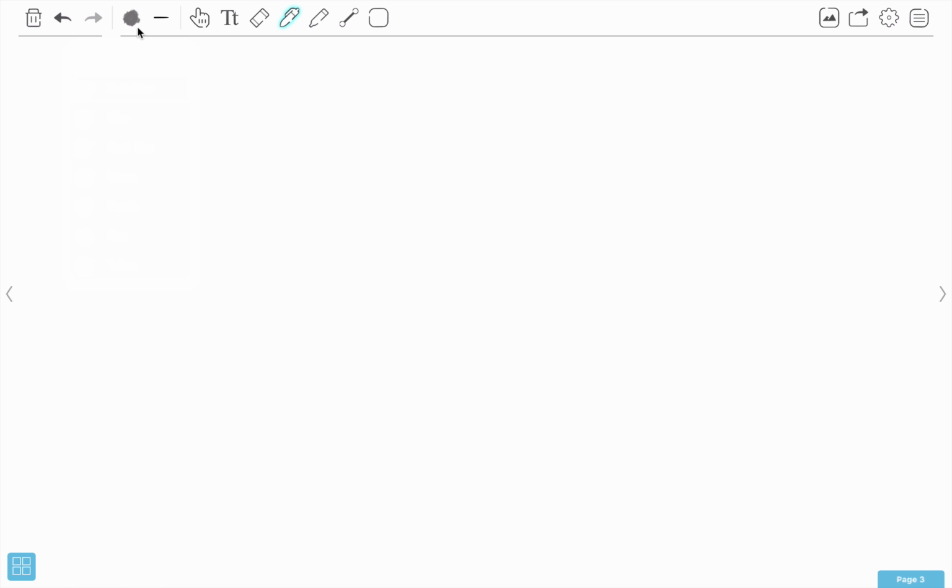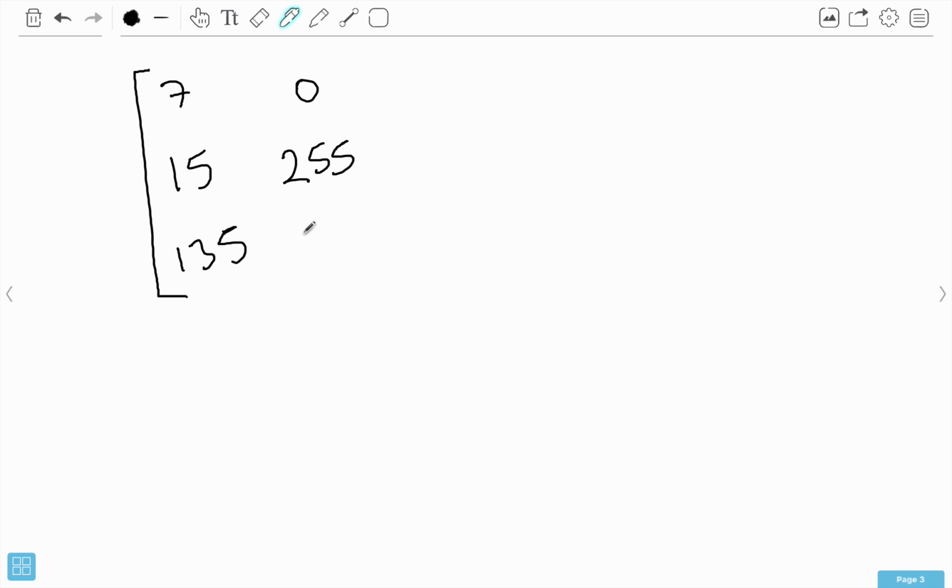So suppose I give you a really small image. So maybe this has something like 7, 15, 135, 0, 255, 80, 120, 110, 5. Suppose I give you a very simple matrix like this, and what I want you guys to do is,